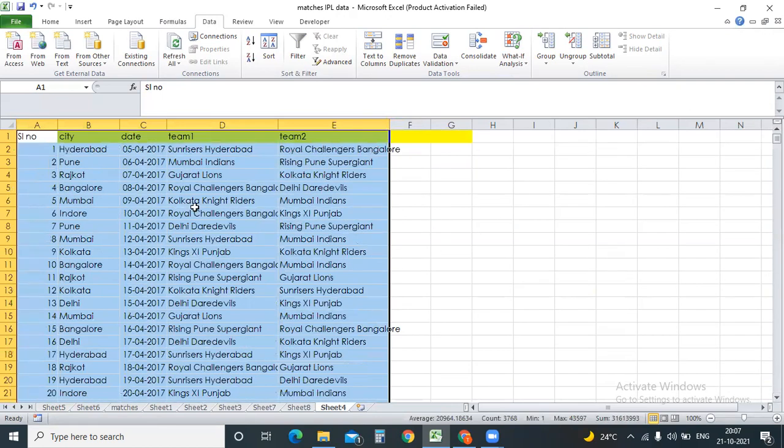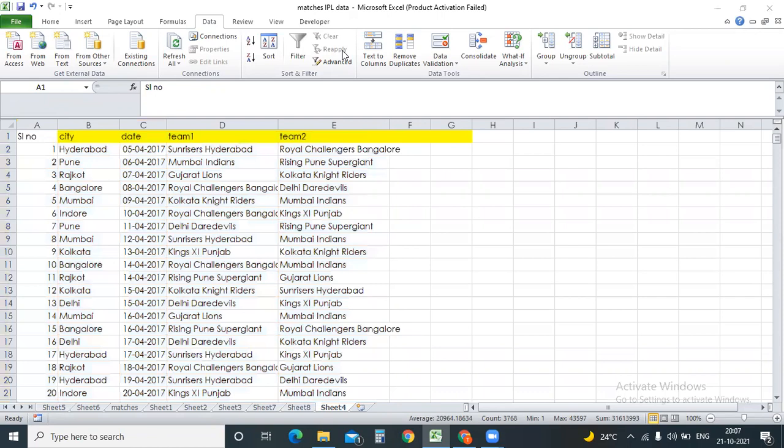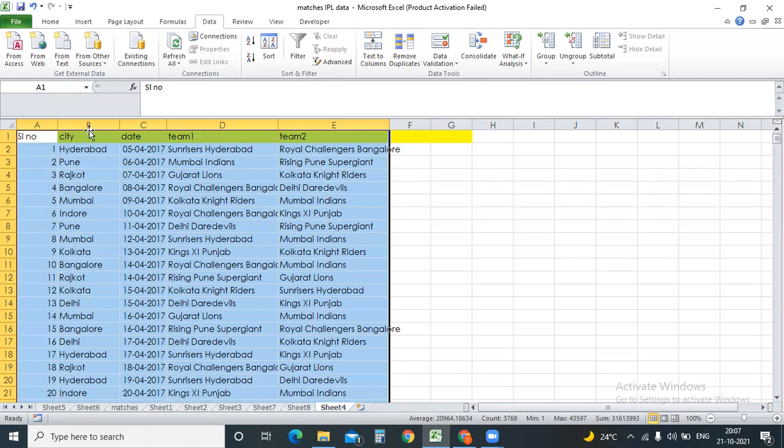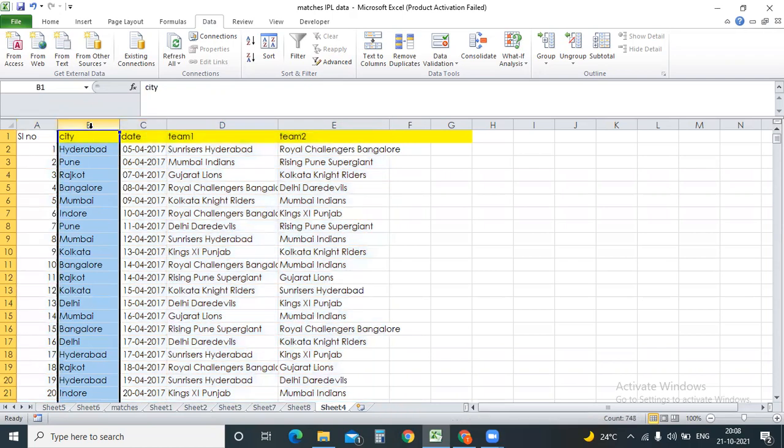Now, if you want to sort the data from A to Z alphabetically, which column do you want to sort, maybe column B, D, or C? Can someone tell me which column we should sort first? Okay, I'll start from column B. In column B, I want to sort this entire data alphabetically.